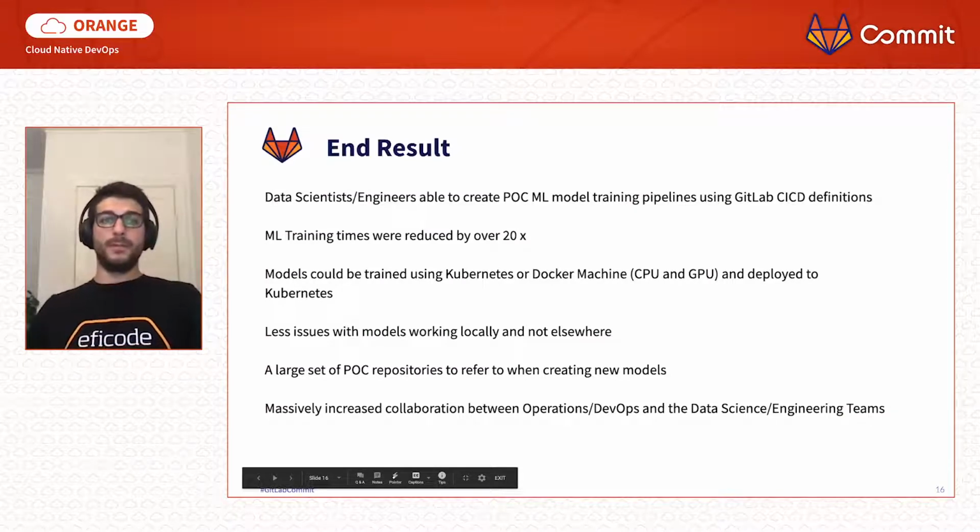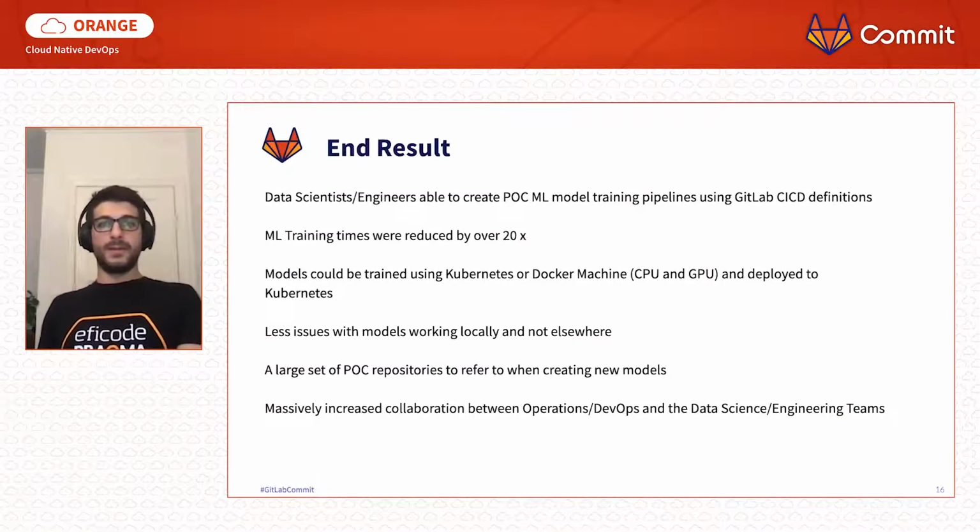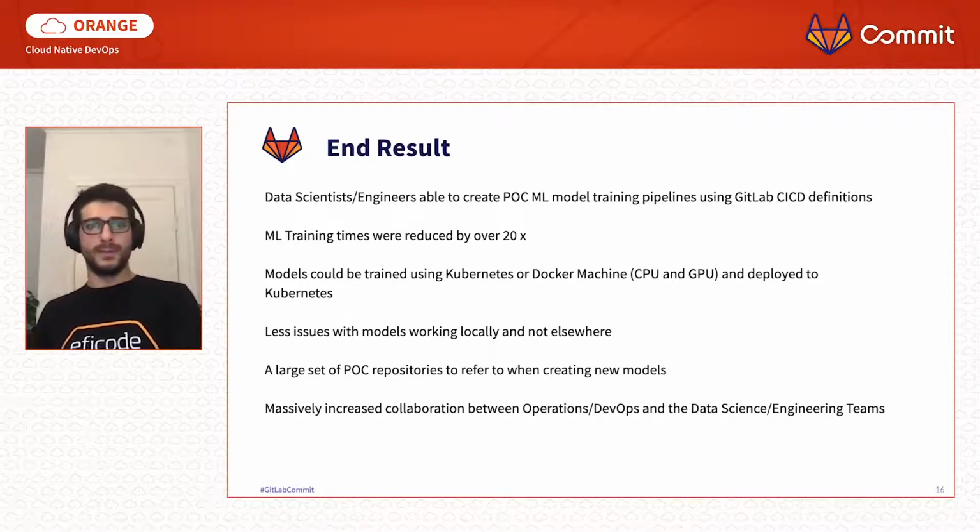The end result was that both the data science and engineering teams were easily able to create, train, and deploy new models. We saw significant reductions in training time for models. They were up to 20 times faster. We were able to train models both using Kubernetes for less intensive training jobs and Docker+Machine executors, both from the